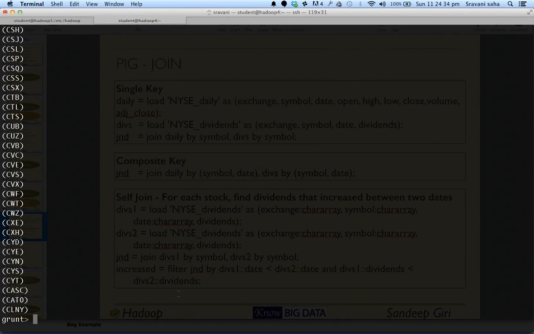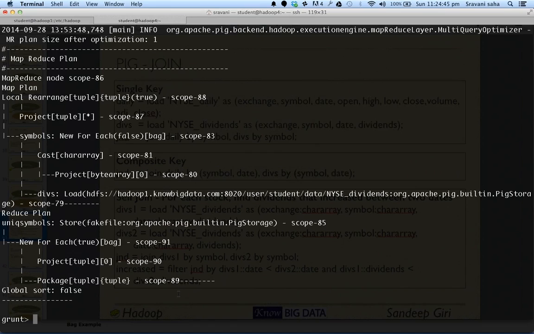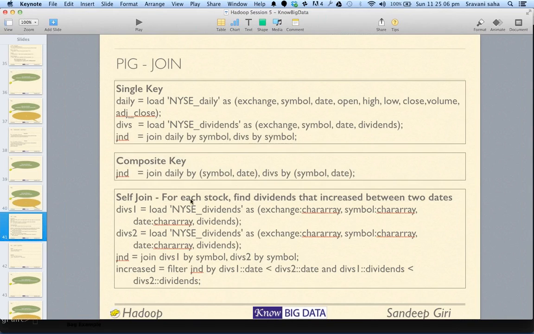So this is the distinct values, and if you want to see, this is what it is. It shows you the complete plan of what is going on. First, it computed divs by loading this file using PigStorage. Then what it did was a foreach on this. Basically,